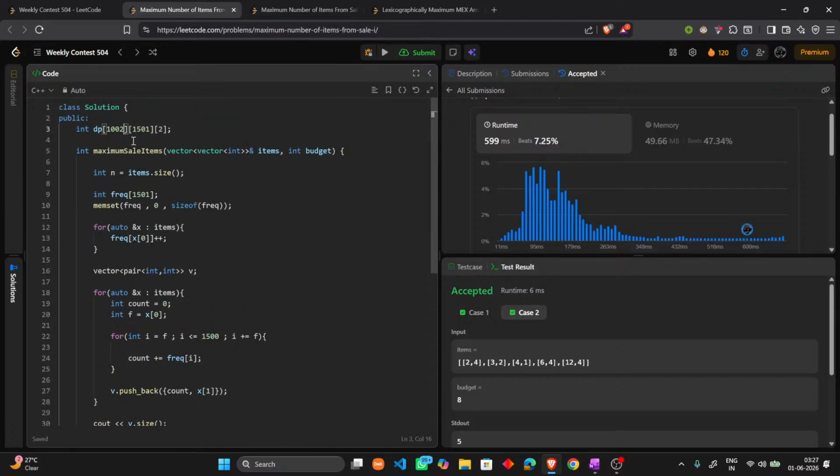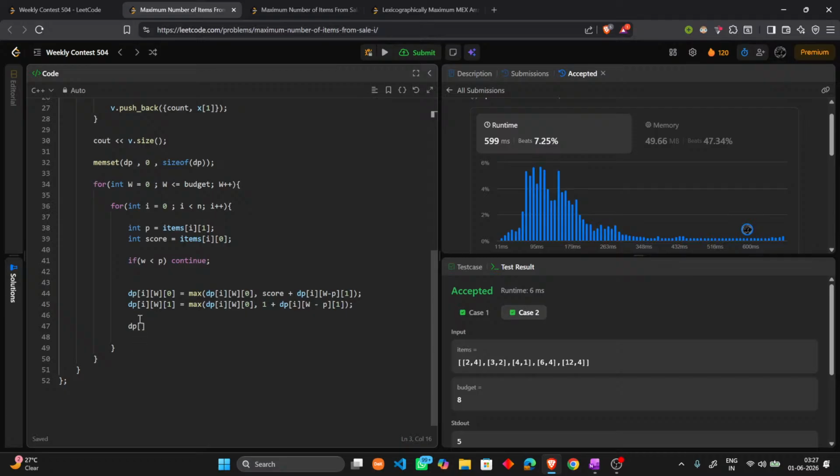We can reach beyond like this also. I comma W comma 0 is equals to comma 0. Comma dp of